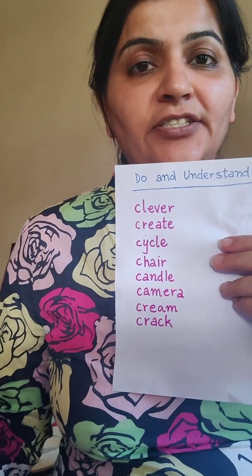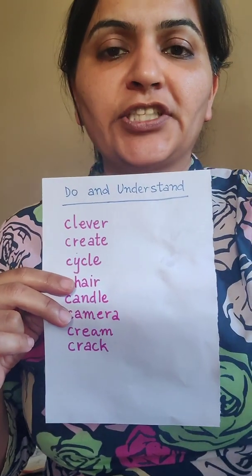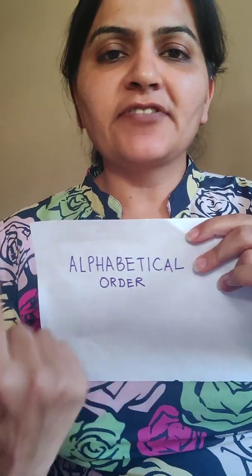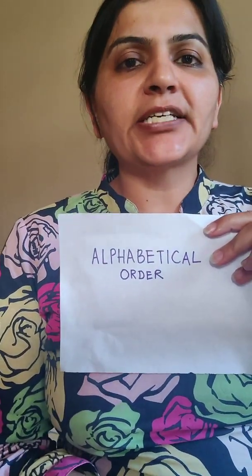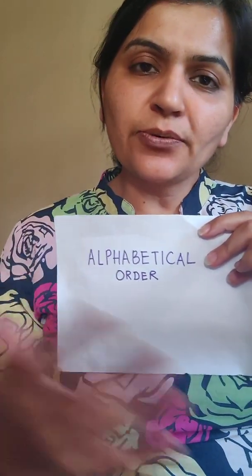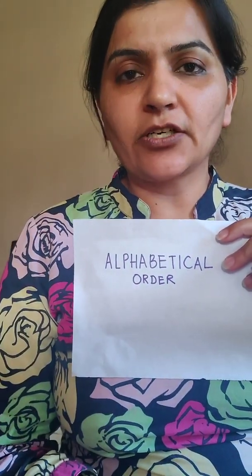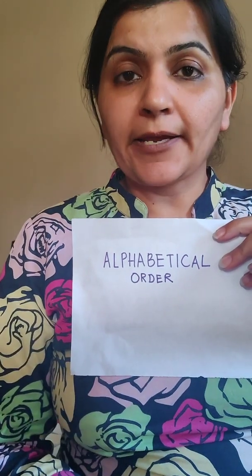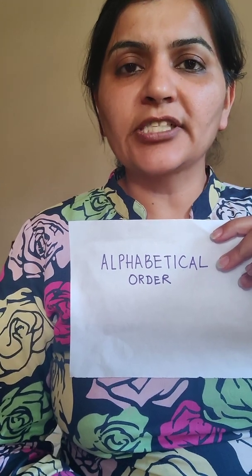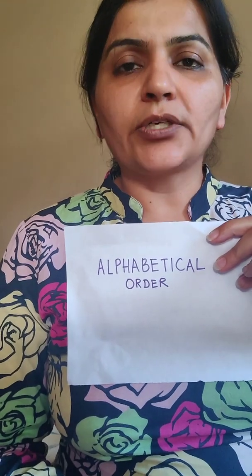Okay. So I hope you have done it well and enjoyed the session also. So just a small recap of what we have done. Alphabetical order. Alphabet has 26 letters. Order means sequence. We had different word lists and we arranged them according to the alphabetical order. When the first letter of the words is same, then you check the second letter, and if the second letters are also same, then you check the third letter, and that is how you build up the alphabetical order, right?